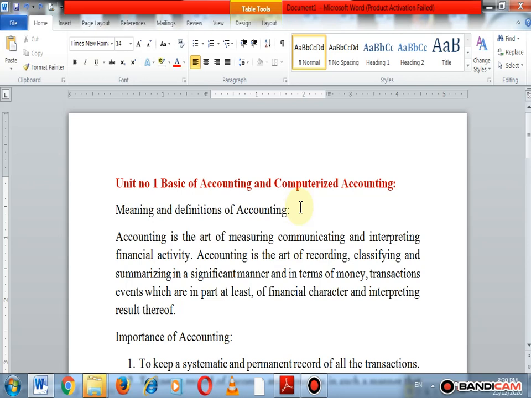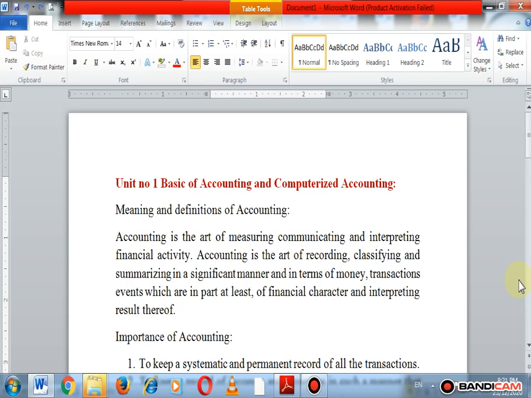Okay, so accounting is an art of recording, classifying, summarizing the business transactions in the books of account, and it is useful for the outsiders, to prepare results for the use of outsiders. Okay, that is known as accounting. So here